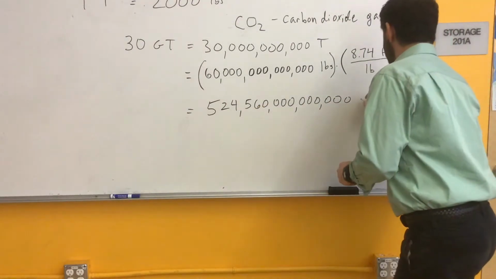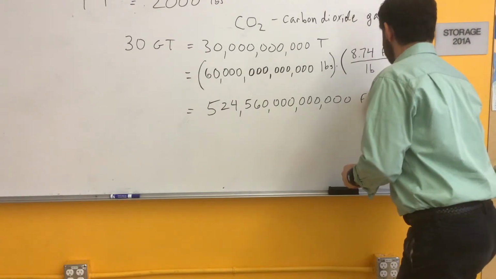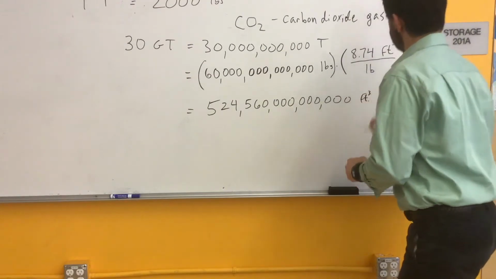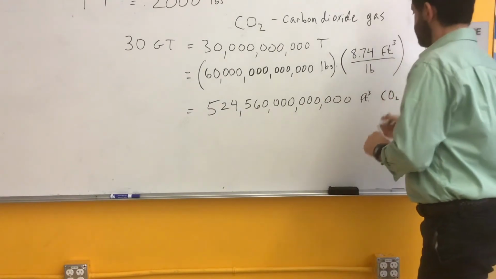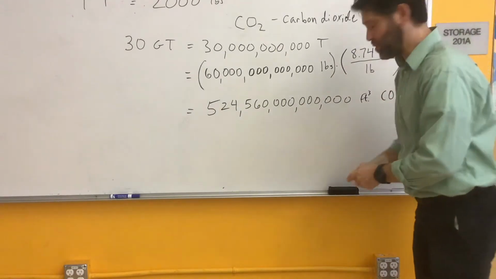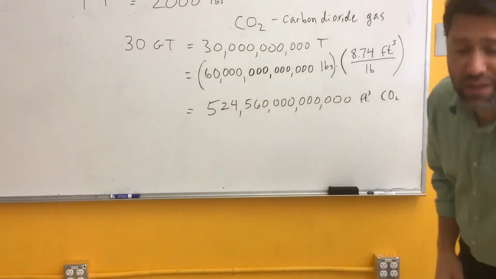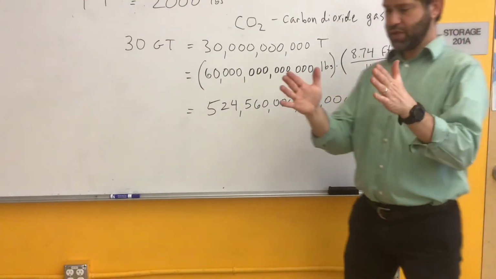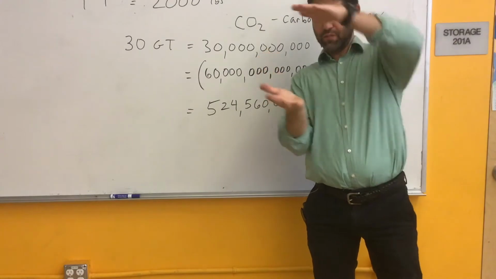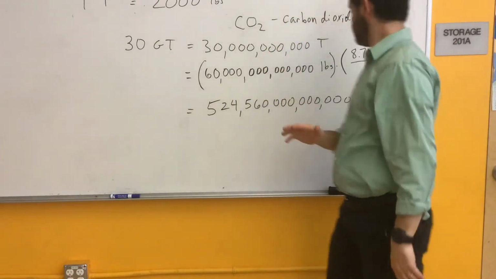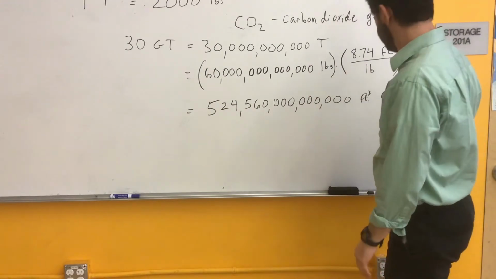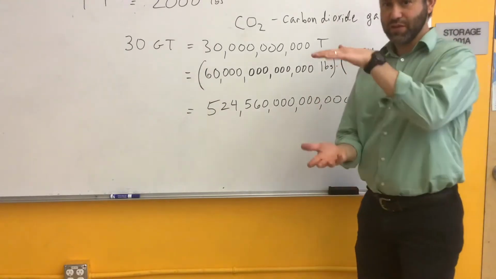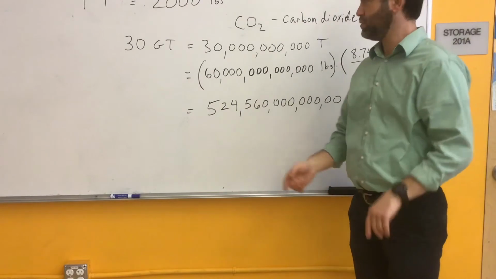And that's cubic feet of CO2. Hard number to wrap your brain around. It's pretty big. A cubic foot is about a foot by a foot by a foot. 524 trillion, 560 billion of those per year